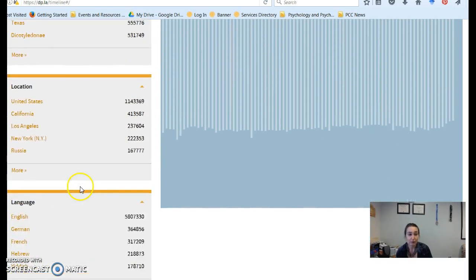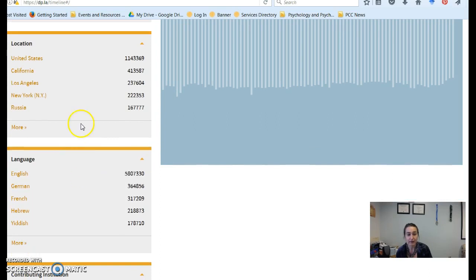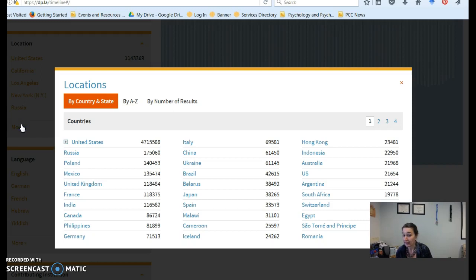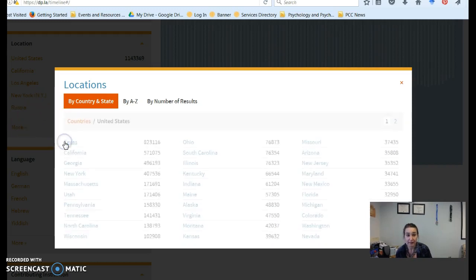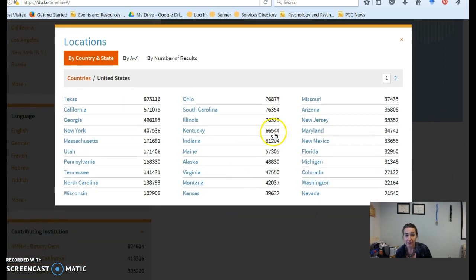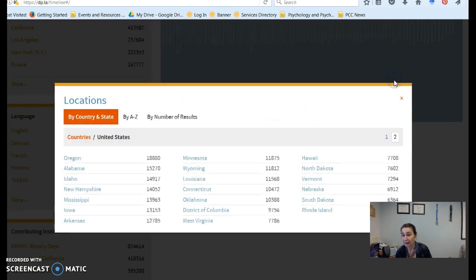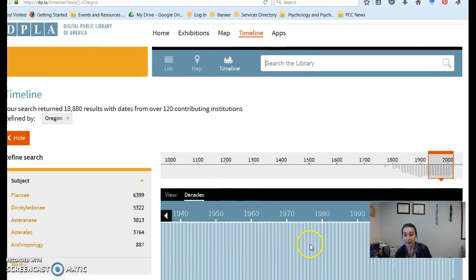But I did want to point out that the other thing that you can do is limit to location down to Oregon if you wanted to. So I clicked on United States. I'm going to click here. This is not in order by alphabet, which you would think. It is in order by number of documents. So Oregon is on the second page, and these are all the Oregon documents